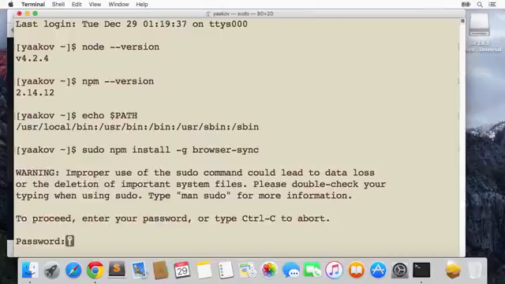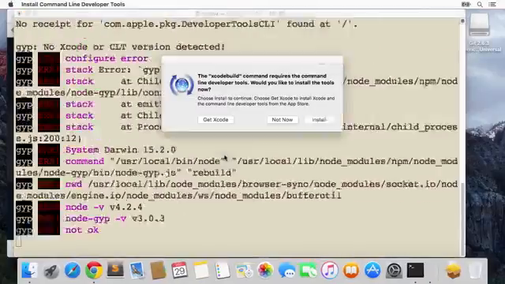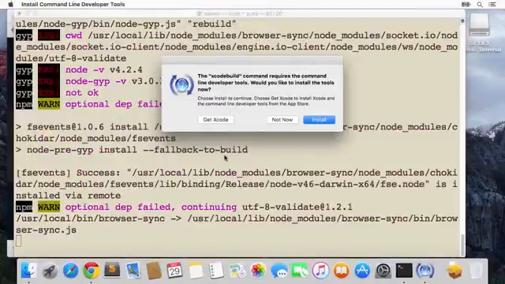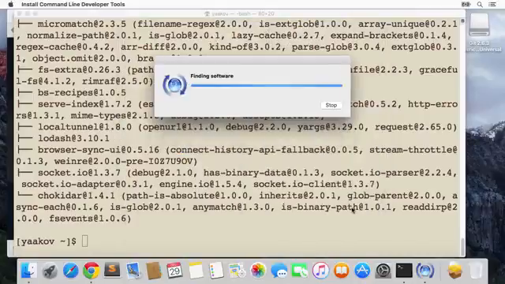We'll go ahead and execute that. It's going to ask us for the password. We'll give it the password, and hopefully this will install just fine. Okay, there were some warnings, and it's also telling us we should install developer tools. We'll go ahead and click OK, because that's something we're going to need. Hopefully you already have that installed for you, but if you don't, this is something that you'll definitely need as